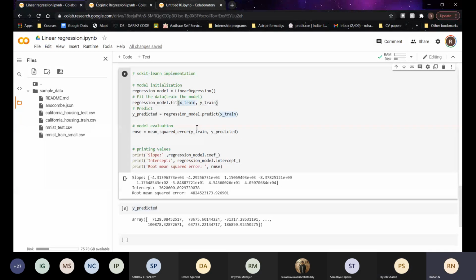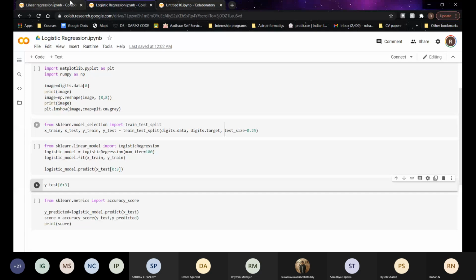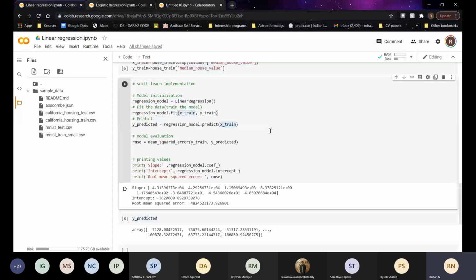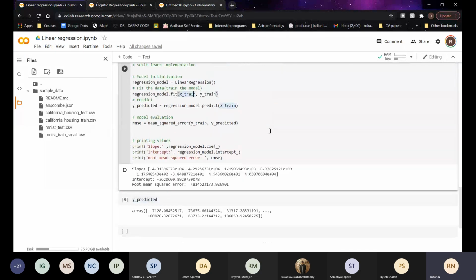In the next example, we will also look at dividing our data set into testing and training sets. So it will become more clear over there. If you have no more doubts regarding this, I will proceed to logistic regression.